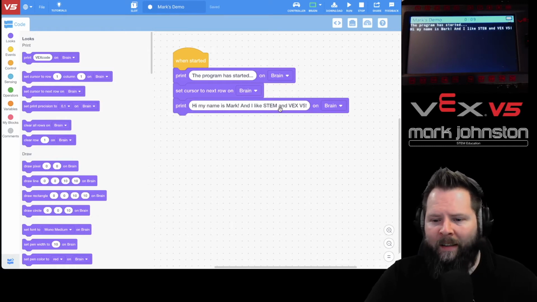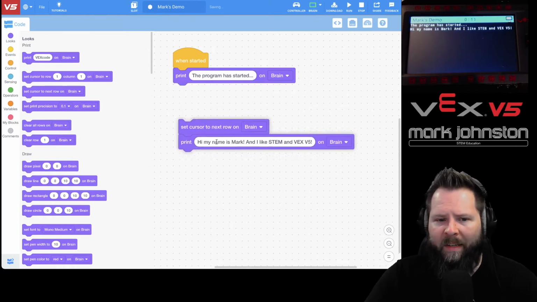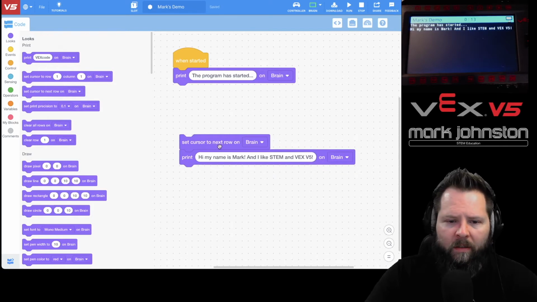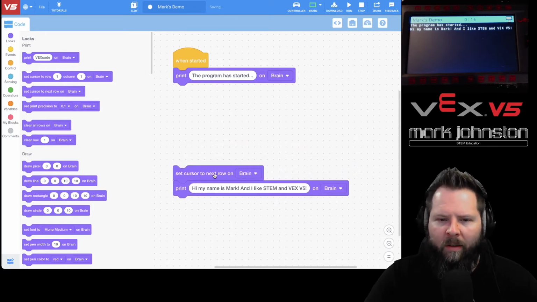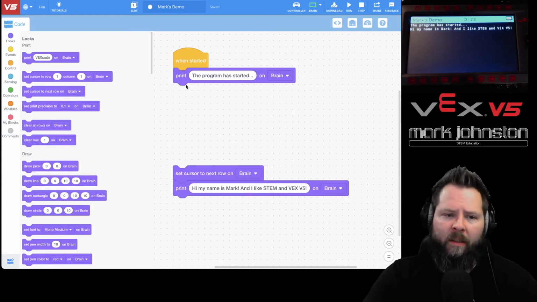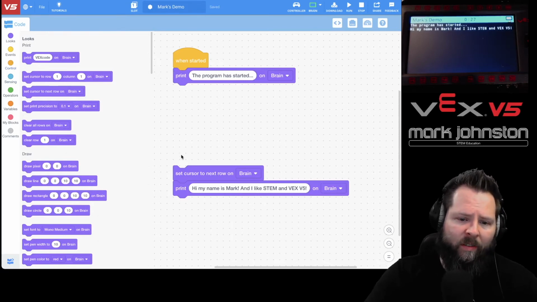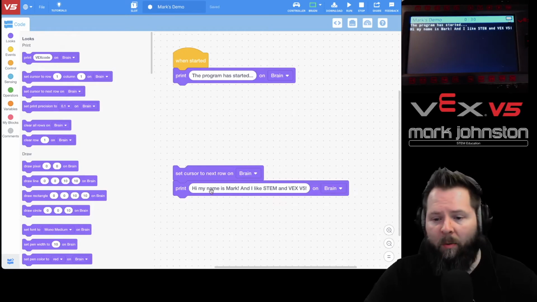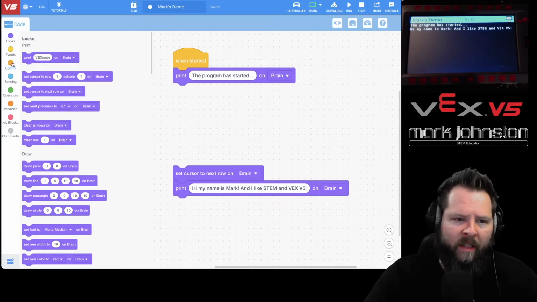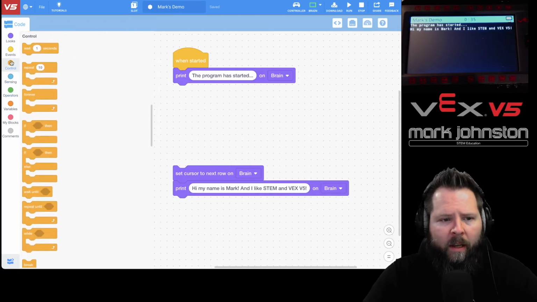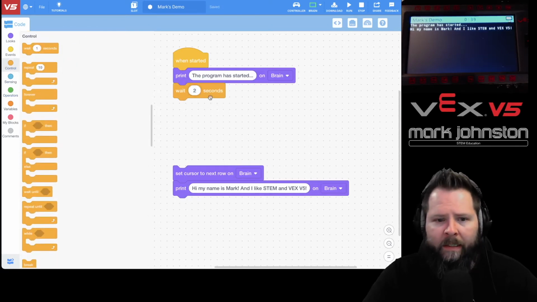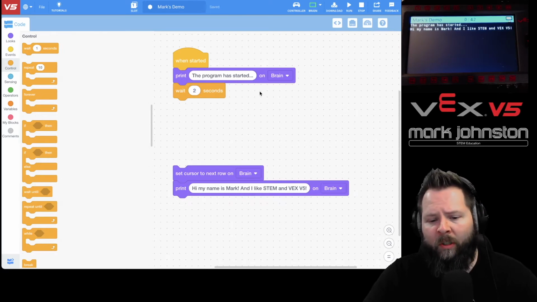So now let's say that we have some calibration going on, some things that are happening where maybe the brain is a little bit slow to get started. If you have a lot of stuff in your setup, you might want to do something like "The program has started," and then have all the calibration stuff happen before it says, okay, we're ready to go. I'm just going to simulate that because we're trying to keep it simple right now. I'm going to go to control and just put in, say, like a 2-second wait. And so we'll see that the program has started, and we'll see that for 2